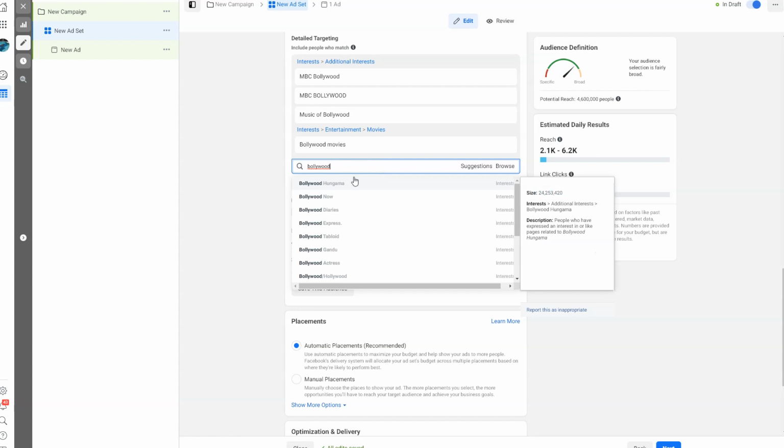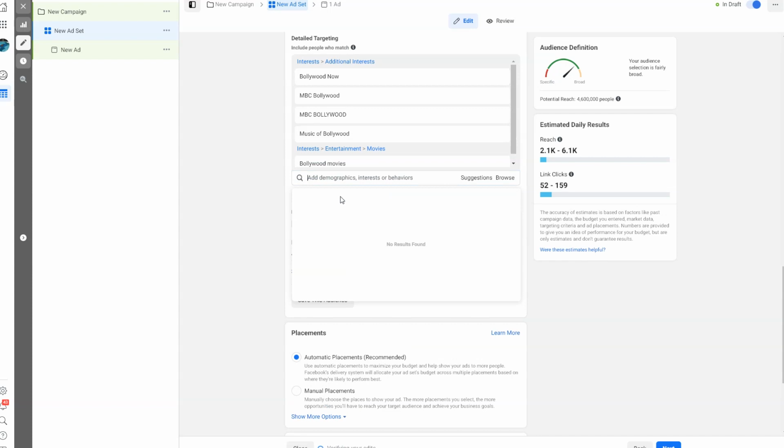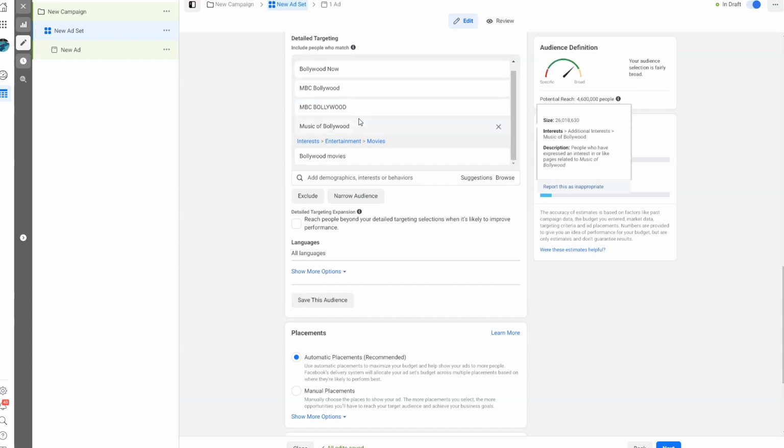Let's see. Bollywood Now, Bollywood Diaries, Bollywood Express, Bollywood Tabloid, Actress, Actresses, Times. So the biggest one I saw here was the Bollywood Now. And still, that potential reach has not grown at all, which means these all overlap with each other. Okay, these are all overlapping with each other. And by the way, this is all OR logic. Okay, it's all OR logic here, which means anybody who likes this one but doesn't like this one, again, based on Facebook's collection of people's behaviors and such online,